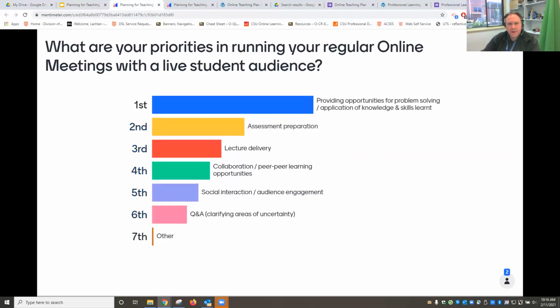Okay, so we talked about priorities. This type of Menti activity obviously is re-ranking the votes that are coming in. We've had 2 so far, but as they come in, these will reorganize. But at the moment, assessment and problem solving at the top.